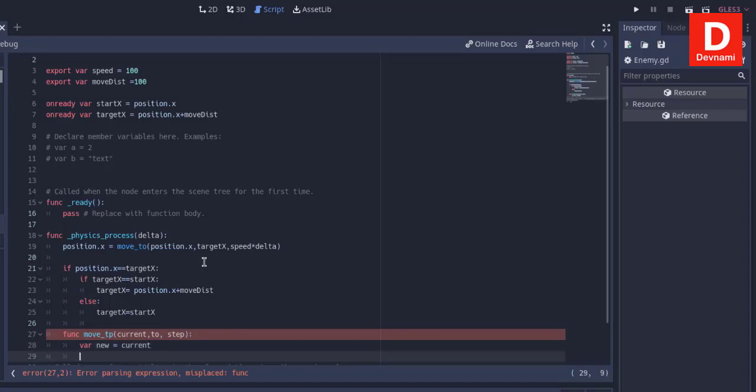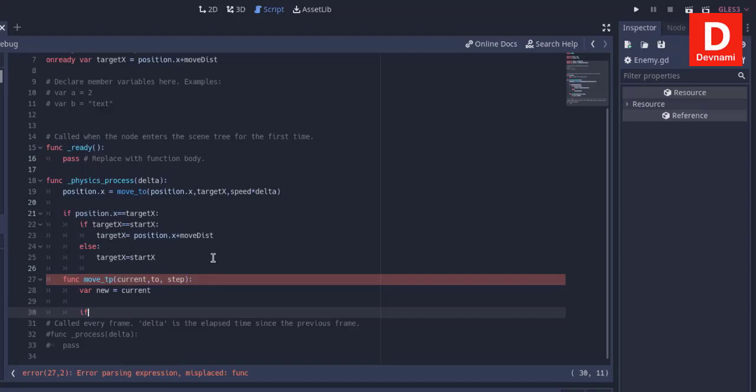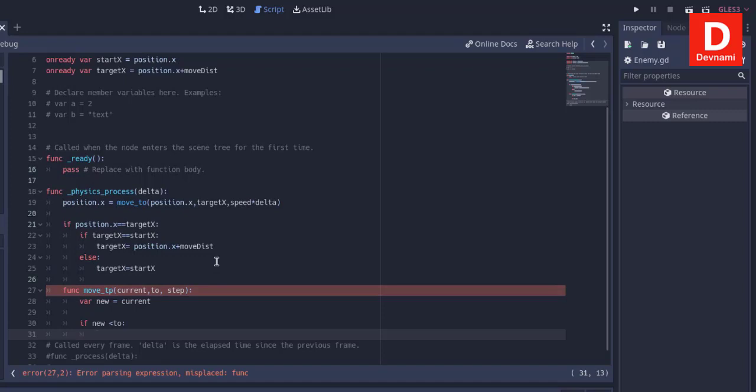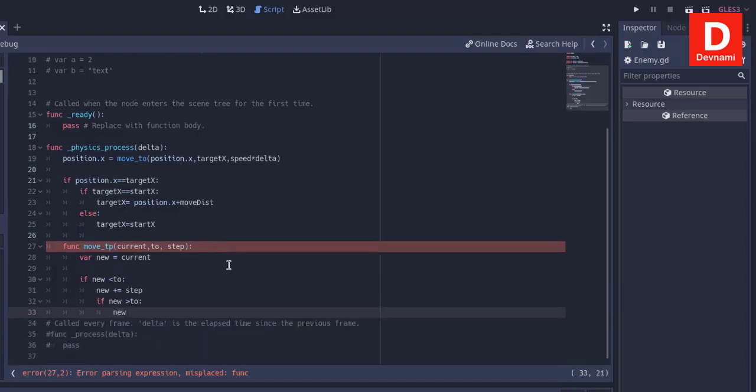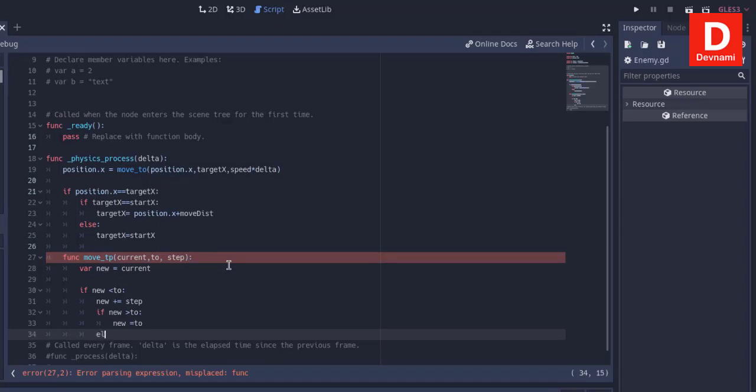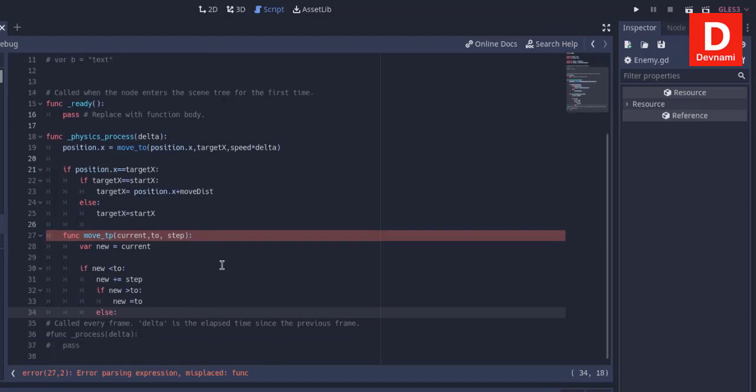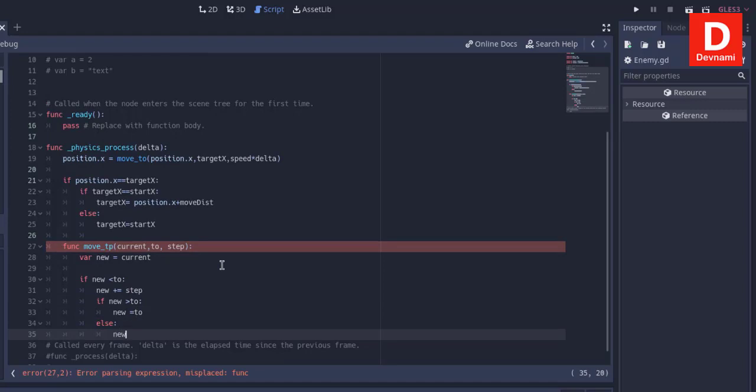So if that goes, then if new is less than 2, then we will use new plus equals to step. Then if new is greater than 2, then new equals to 2. Now we will come out of it and use else, where it says new minus equals to step,